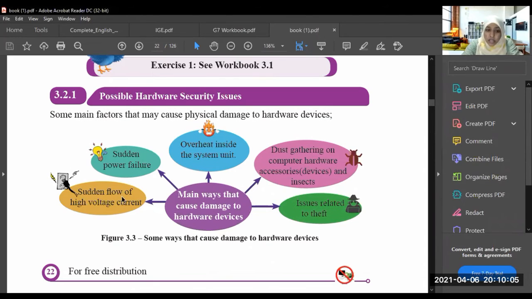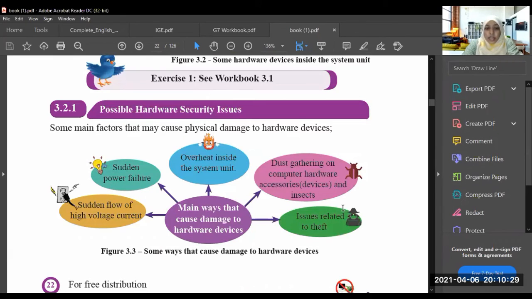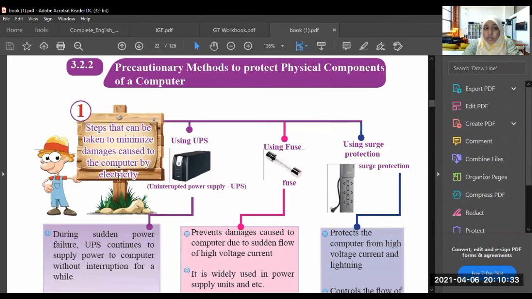Some of the hardware security issues are, for example, sudden flow of high voltage current, sudden power failure, overheating inside the system unit, dust gathering on computer hardware accessories or devices, insects, and issues related to theft. Then how to protect our computer from these hardware security issues?